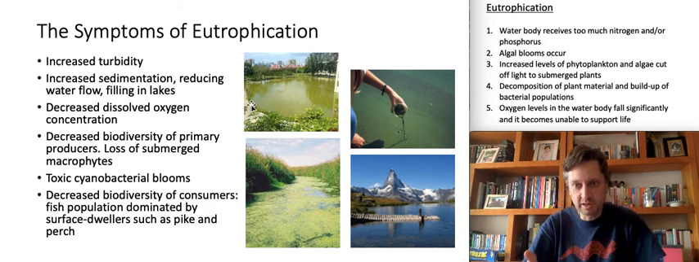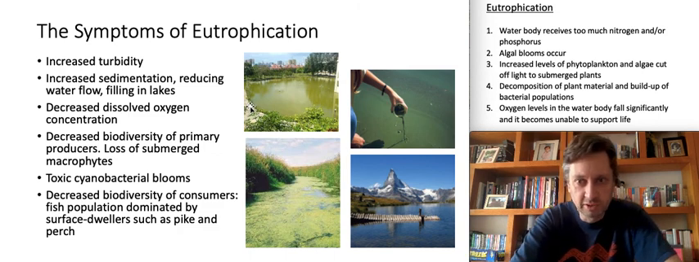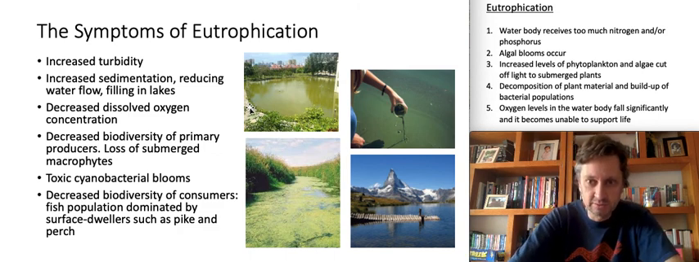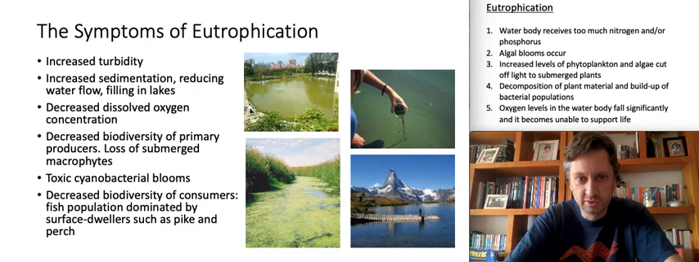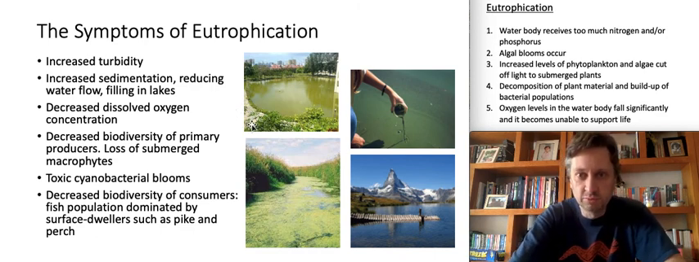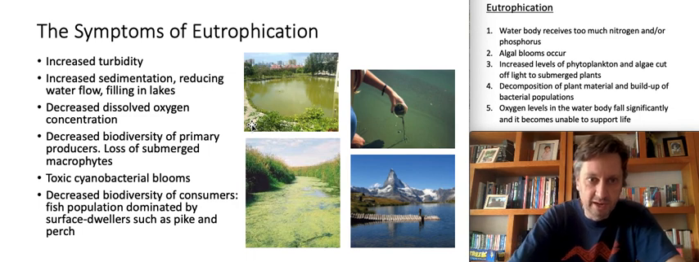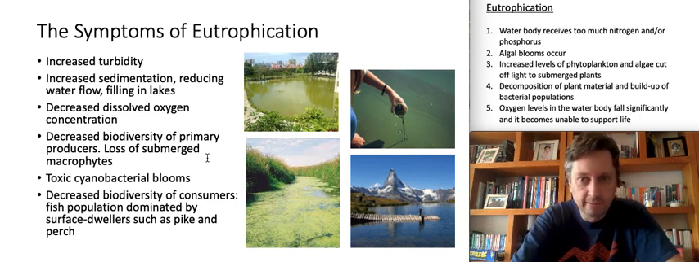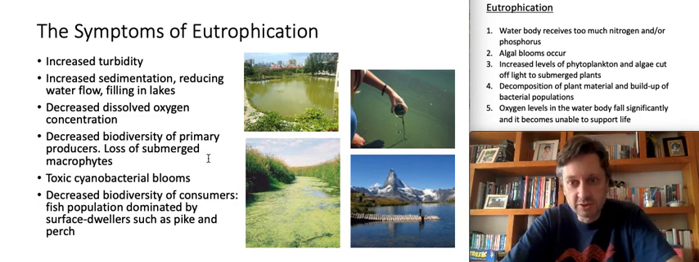Because of the death of plant material and algae as well, you might start to see increased sedimentation or increased levels of mud on the bottom of the lake. If you were able to measure dissolved oxygen, you would be able to see dissolved oxygen levels going down. Because of decreased oxygen levels, you would be able to measure decreased biodiversity, particularly of primary producers in your lake,